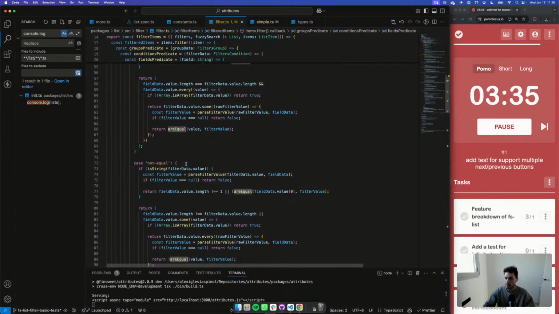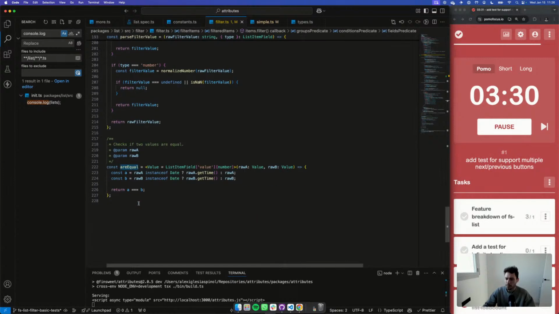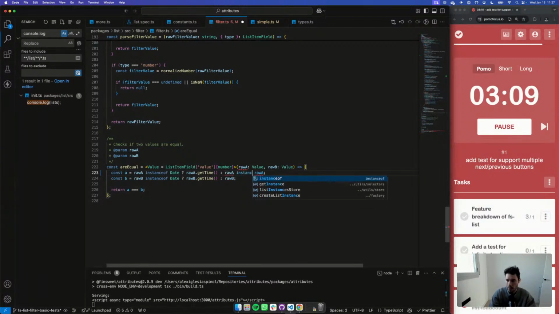Or we can simply do it in here. Number or value. Get time, row A. Yeah, correct. So in here, let's add another condition, and let's say row A instance of string.